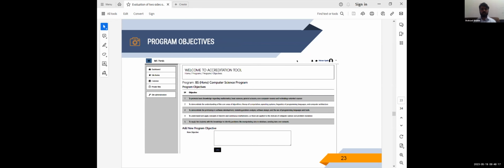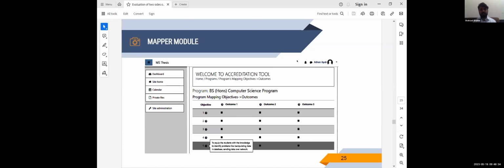If we click on the objective, this is the interface. We can write some objective and add it. Similarly, for the outcomes, we can write the outcomes that are provided by the accreditation bodies and save it. It will also be listed here. And then here is the mapping part. You can see that we have the objective column. Here you can see objective 1, 2, 3, and there is a question mark in front of every objective